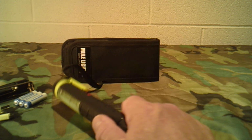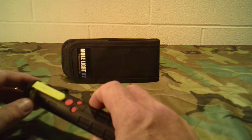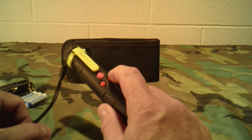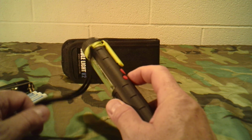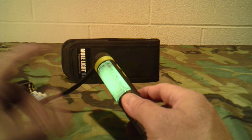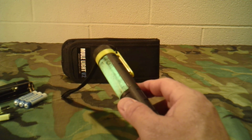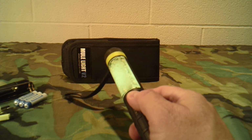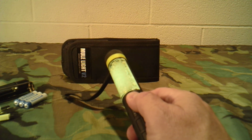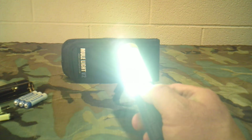Something like this with this nice pack, I can put that in my car. I can now use it with the work light and all kinds of different features it has on it. You could use it for rescue, and what I mean by that is because it has that glowing feature here, that's like a glow stick. So without having to worry about it ever going away throughout a night, especially if you put it in hybrid mode, if you're going to bed down and try getting some sleep, hoping somebody will rescue you and they're looking for you at night,